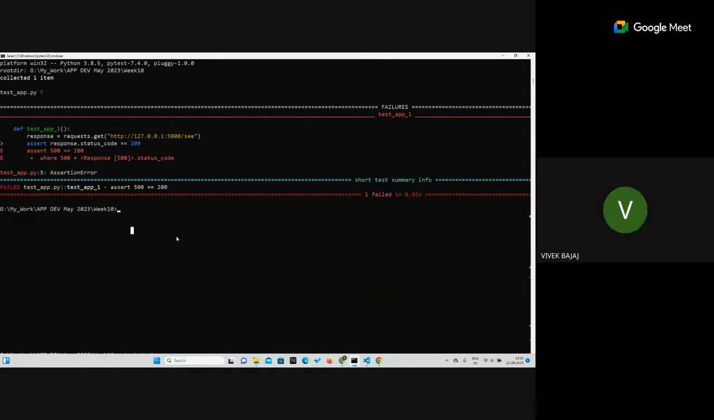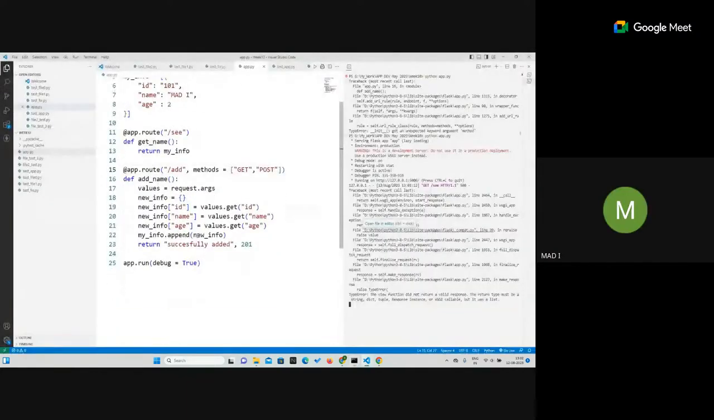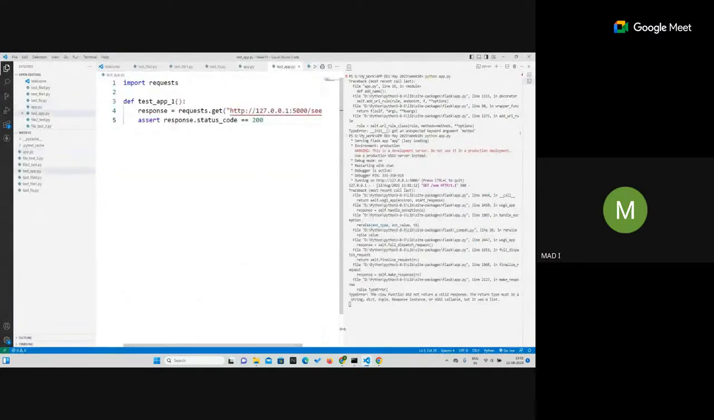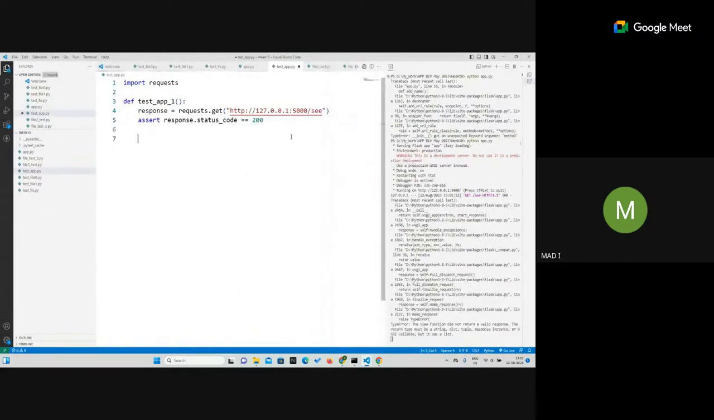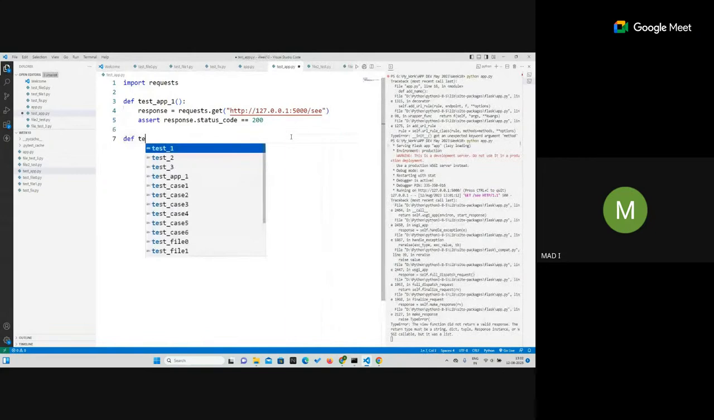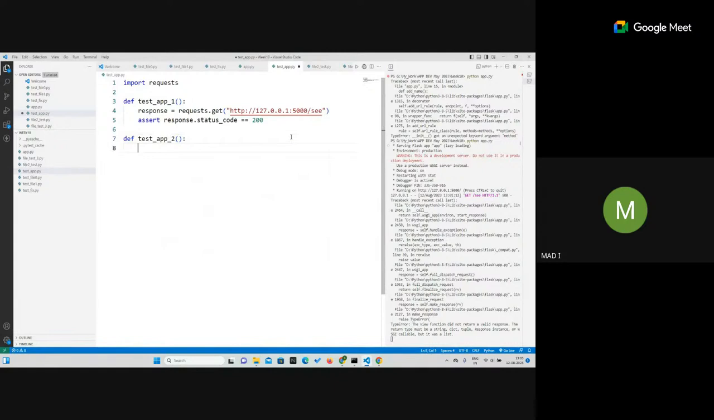So can we put the other case also? Which one? The other route, the post route. Yeah, we'll do that. Okay, now what I'll do is go to test_app.py and try to create the other endpoint, another test case. We'll write def test_app_2, response equals to